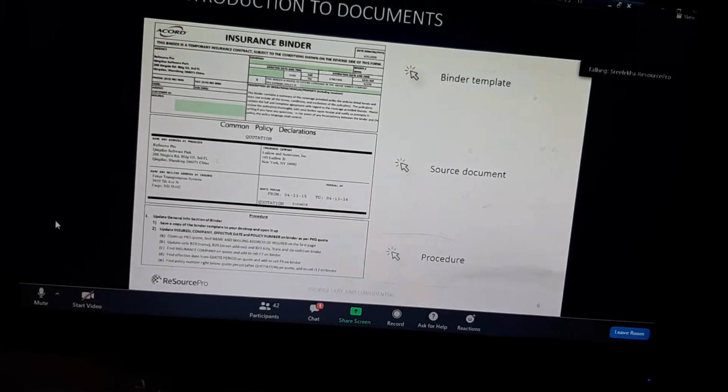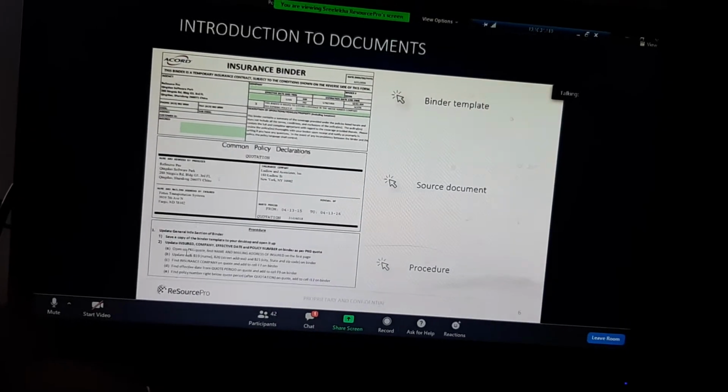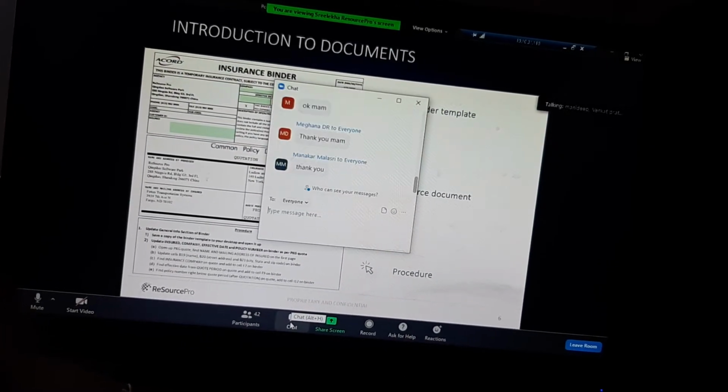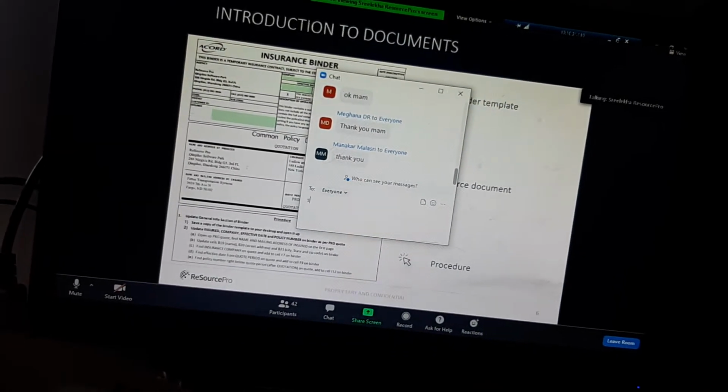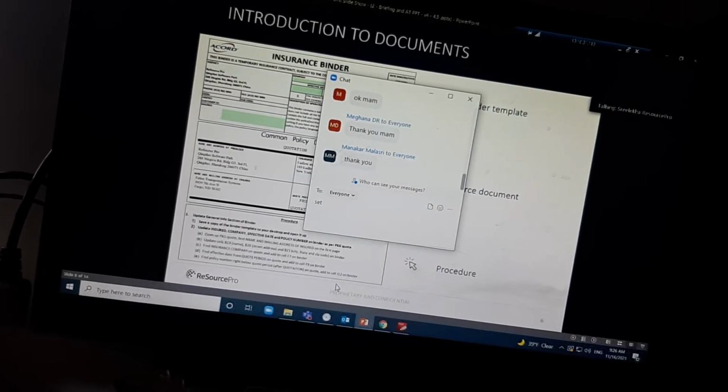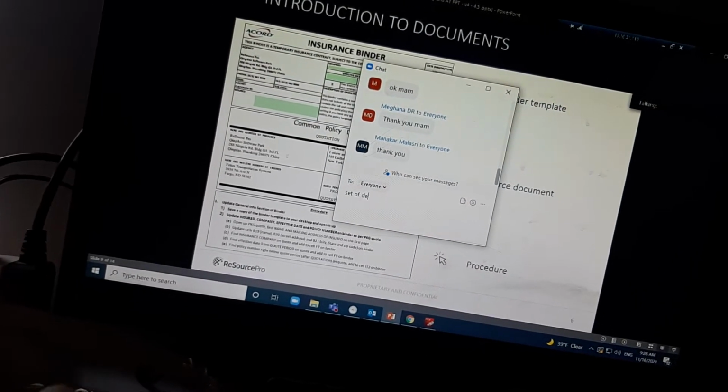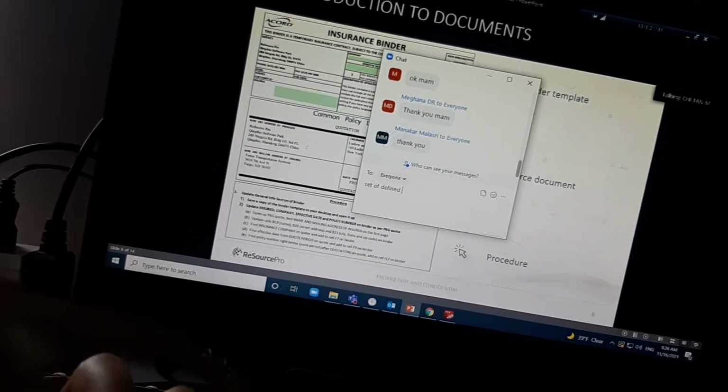And a general question to everyone: what is meant by procedure, guys? Steps involved in making a process. Yes, correct. Any other answers? Instruction on how to upload the.